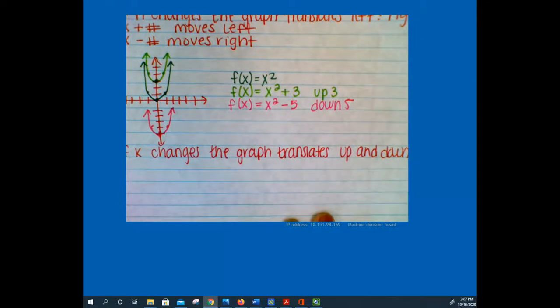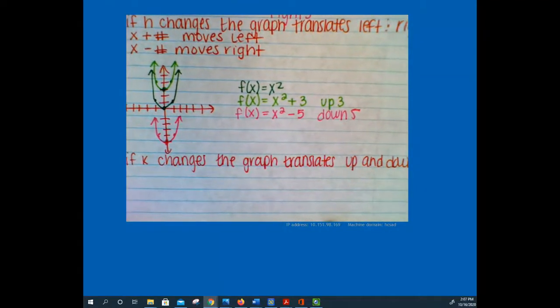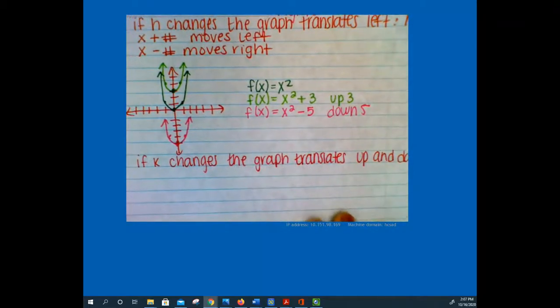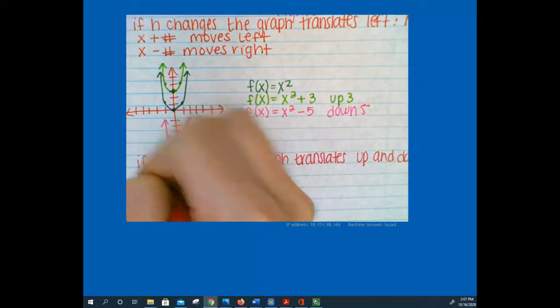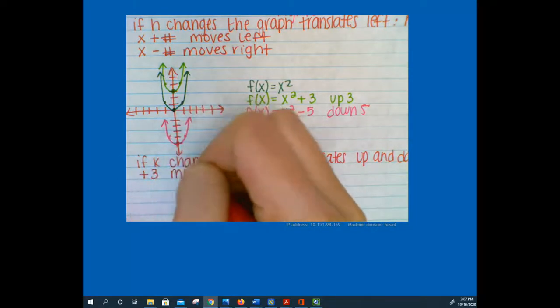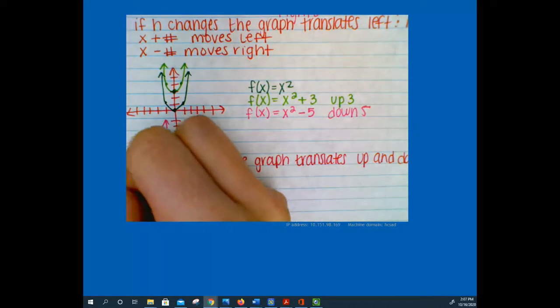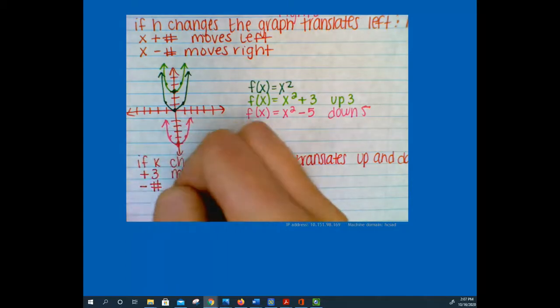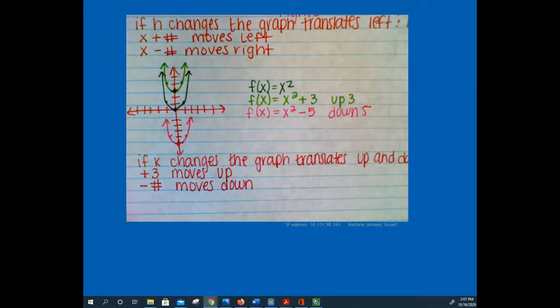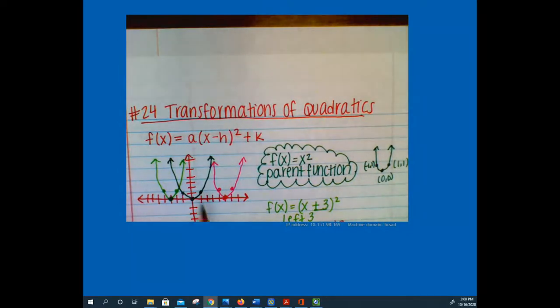Oops, sorry, couldn't see that. So if k changes, the graph translates up and down. So if it's plus 3, it moves up. And if it's minus any number, it moves down. So now if I go back to the original equation, we now realize what the h and the k is,